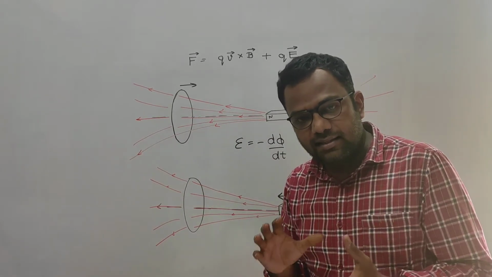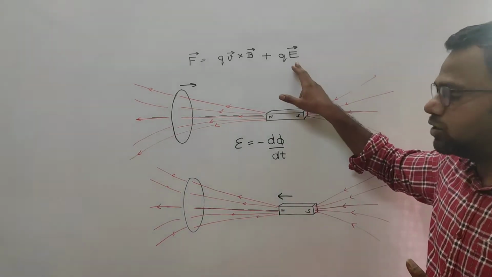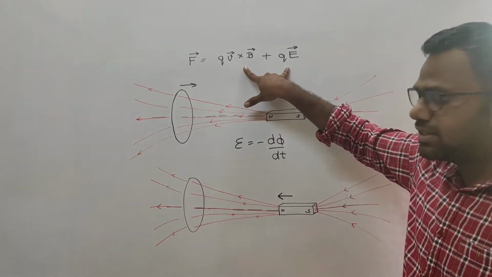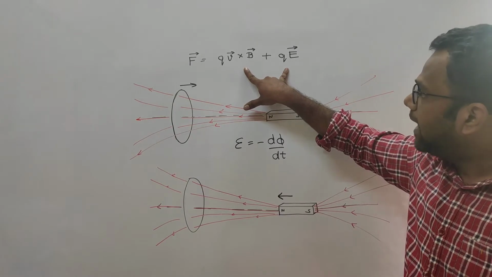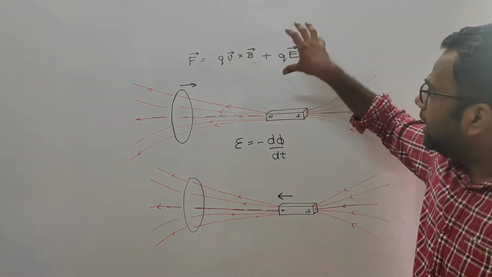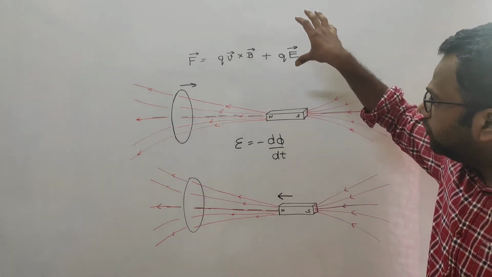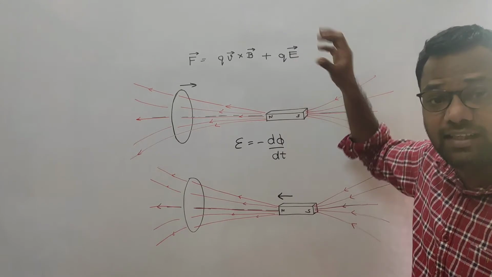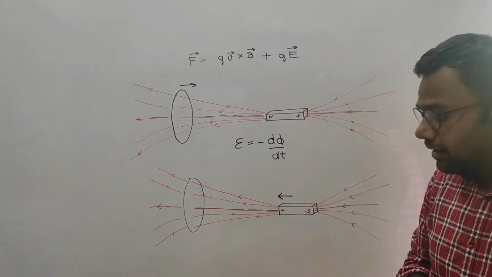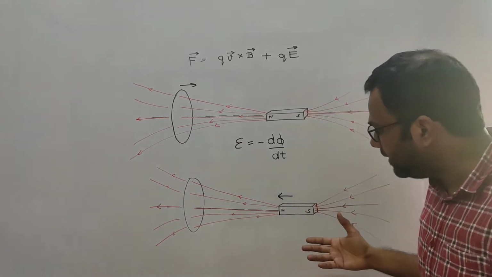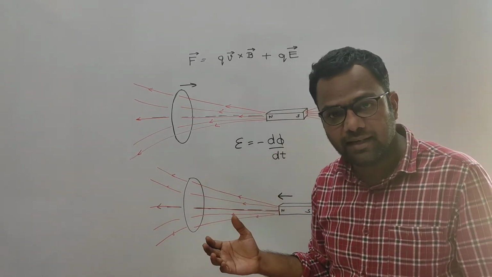The obvious reason is that the second must be the possibility now, because these are the only two forces that can act on the charge. And now since this has gone away, this has become zero, the only reason for the force that will be acting on the positive charge is the presence of electric field. Now you may wonder that you don't see any electric field over here. There is just a magnet and a magnetic field because of the magnet.